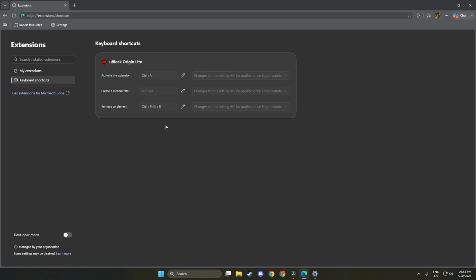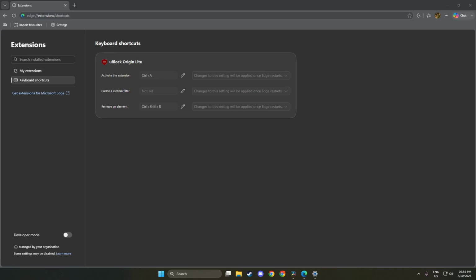With that done, you can simply move on. There is no need for a save button, as your changes will auto-save. This feature is a huge time saver and ensures that you do not lose your customizations. You might see a brief notification confirming that your new shortcut has been set. This is a reassuring sign that everything is working as it should.